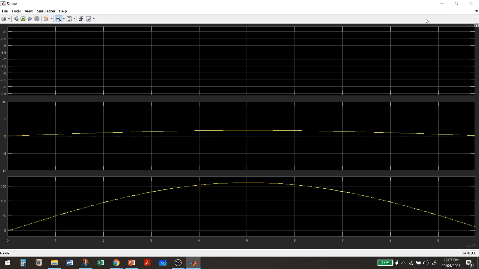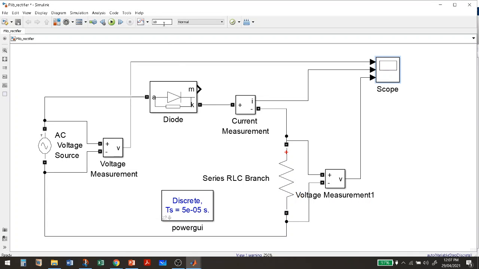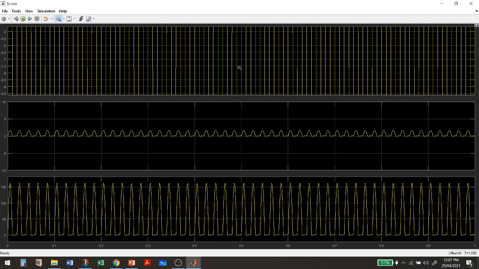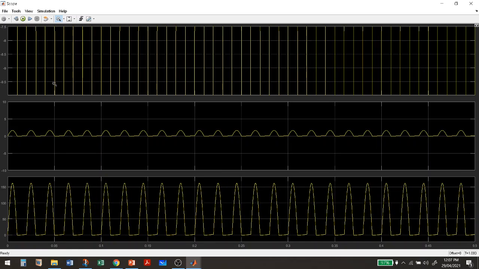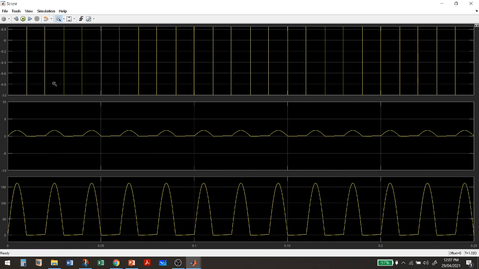Okay, you can see it. Otherwise, what you can do is make this sampling time 1, so that it will be visible properly, and then you can run it. And you can change this axis also. You can change the color for these waveforms. You can also use a legend in order to rename these waveforms.